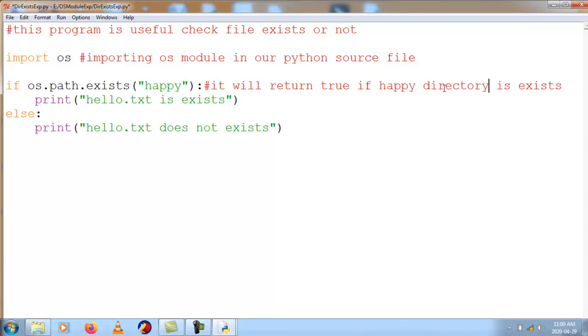Happy directory exists; otherwise it returns false. That means if the happy directory exists, we print that it exists, or else we print that the happy directory does not exist. So for that,